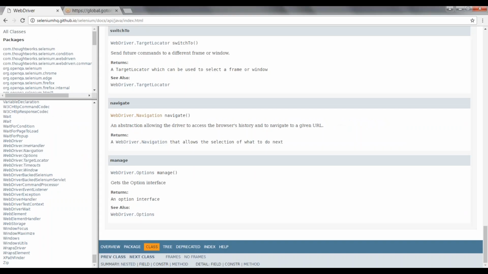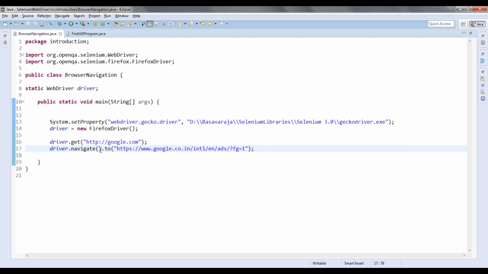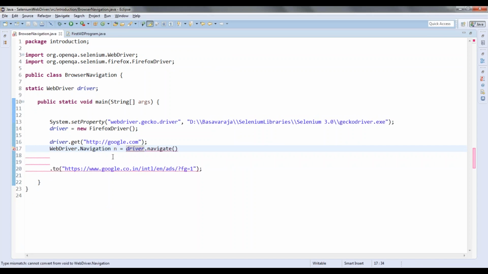Since it is returning the object of WebDriver.Navigation, I can directly use it like this, driver.navigate dot to. Otherwise, I can split this into WebDriver.Navigation n is equal to, like this I have to do. But we cannot convert from void to WebDriver.Navigation, so that's why we will directly use that.